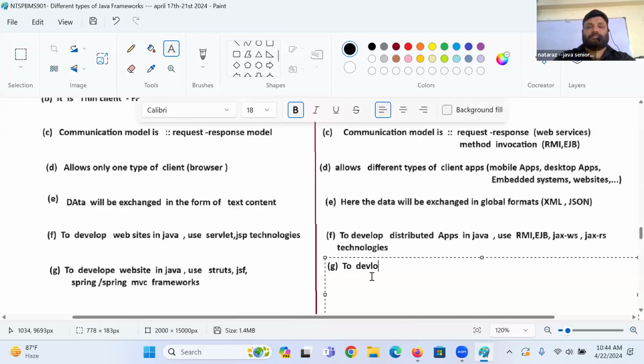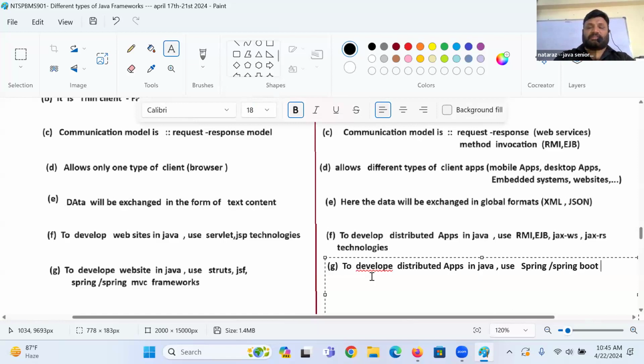To develop distributed applications in Java, what is there? In Java, use what, guys? Come on. Use frameworks. What are the frameworks we are having?